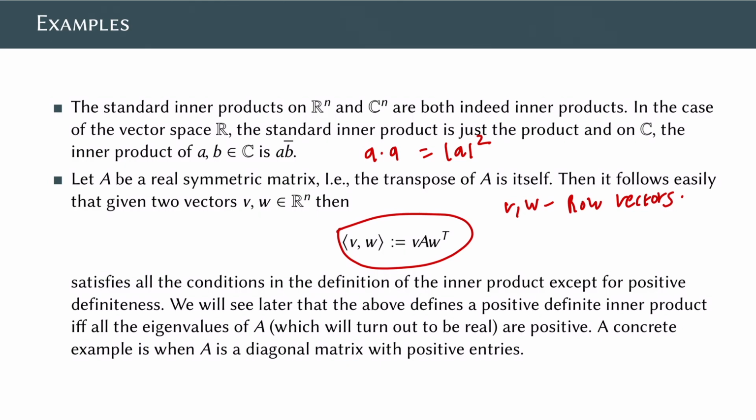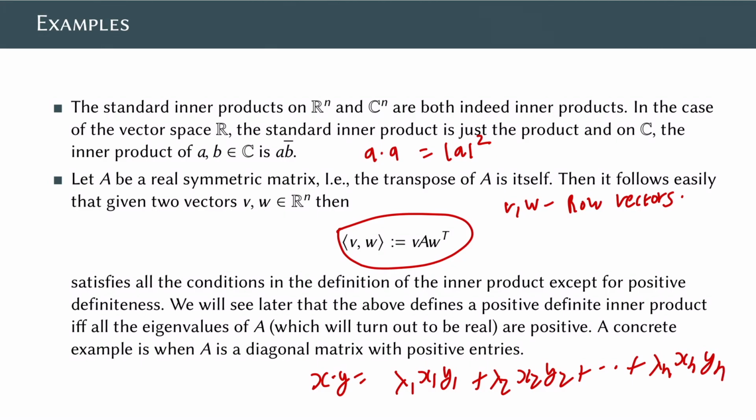That is, in other words, when you take x dot y, you may get lambda 1 x1 y1 plus lambda 2 x2 y2 plus dot dot dot lambda n xn yn, where lambda 1 to lambda n are some positive real numbers. Now, the reason why such even a trivial generalization of the dot product is useful is,